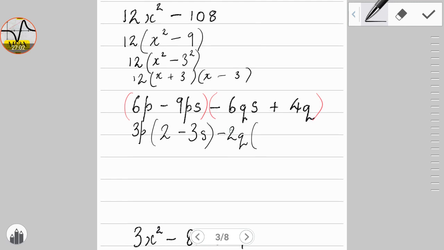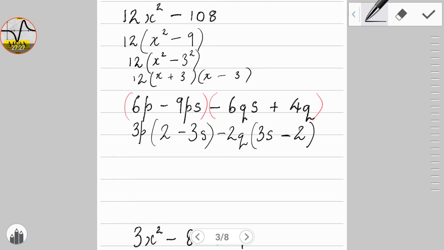Open the bracket here. 2 into 6 goes 3 times, and q cancels q, leaves us with s. Negative into positive gives us a negative, and 2 into 4 goes 2 times, the q cancels the q. Aha, now we have a problem, and this is what catches a lot of my students